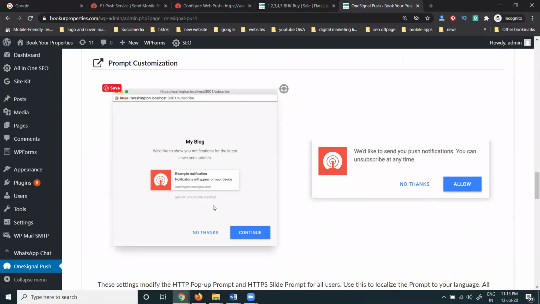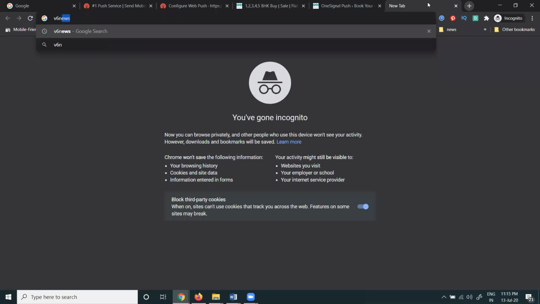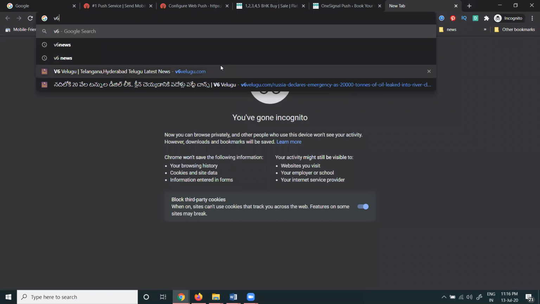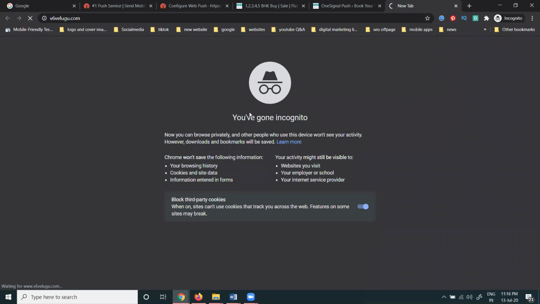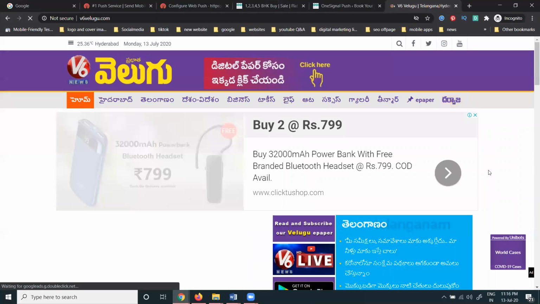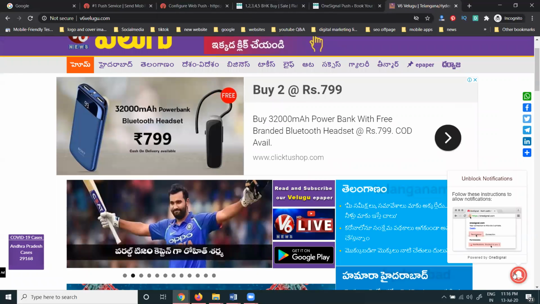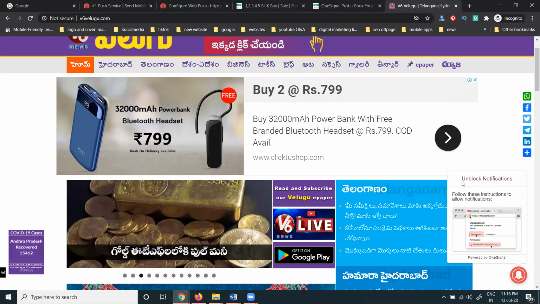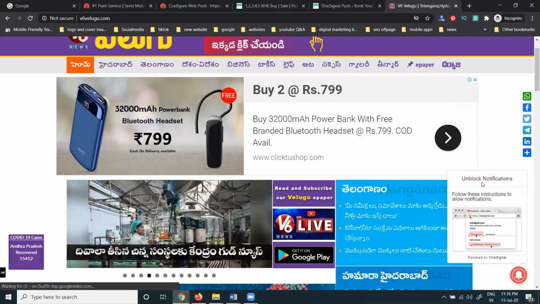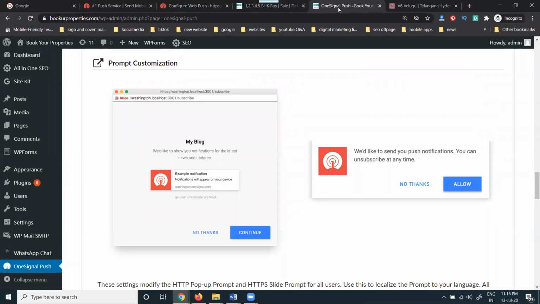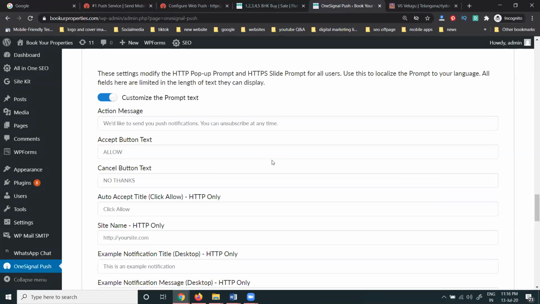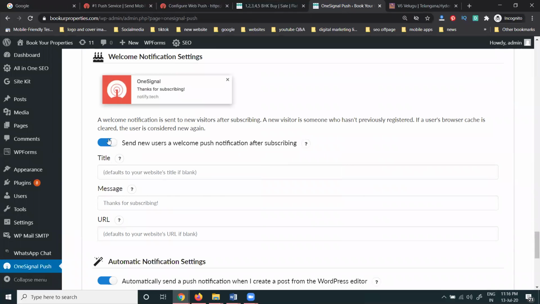This is the bell icon, where it is. Suppose I can show one example so you can get an idea about it. After that I can show our website also. Coming to this website, here is the bell icon. It will show in this particular place.